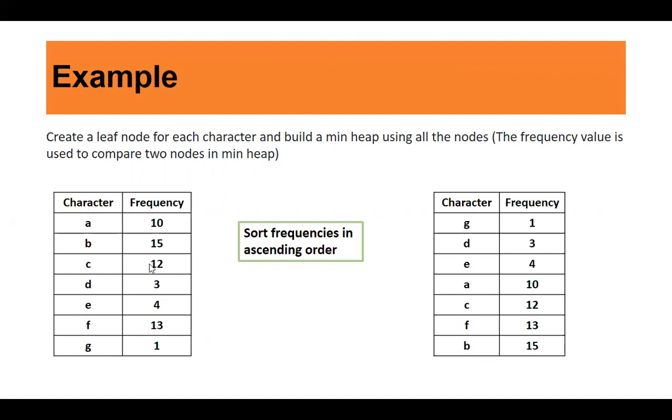Now this is the heap tree that is given. This is the input, with the characters and the frequencies. The very first thing we do is sort the table of frequencies in ascending order. So now this becomes our main heap, because the top ones are the minimum ones, right? You can even call this a main heap, which is represented as a list here, a queue here. The very first thing: you are given a set of characters and a set of frequencies, sort them in ascending order. Now this input is ready to create a Huffman tree.